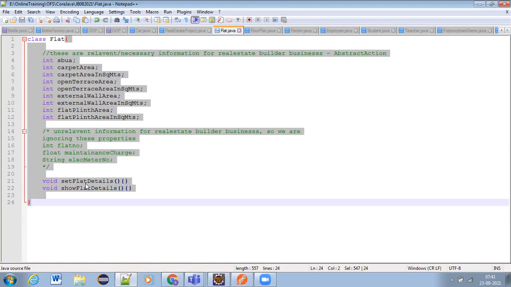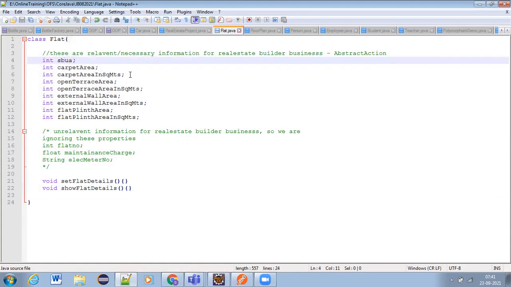That means if you want to use any of these member variables, you cannot use them directly in the main class. Can you directly write bua equal to, meaning super built up area equal to 1,000, or carpet area equal to 800, like that? No, right? You cannot write that. If you want to set any values for these member variables, what is required?